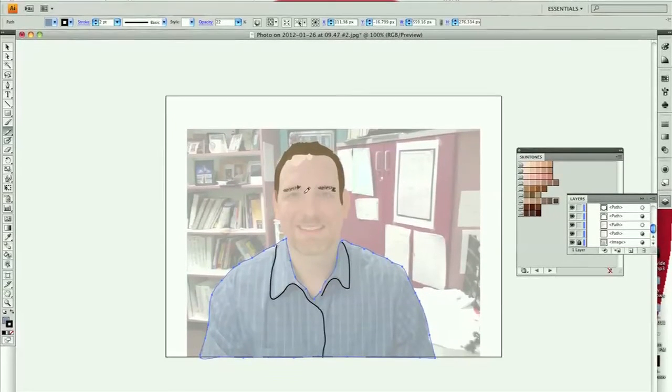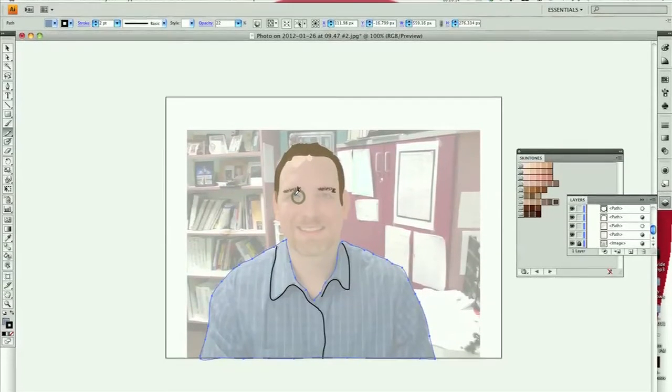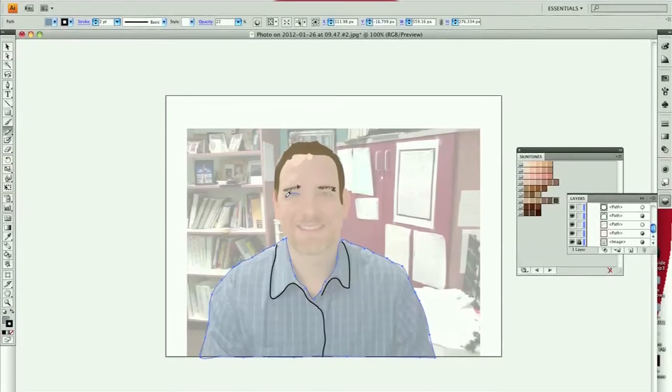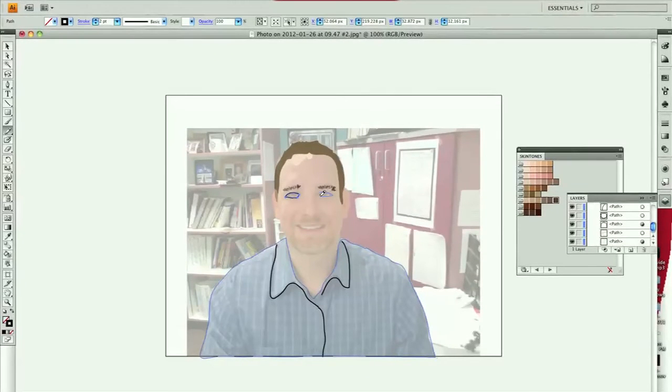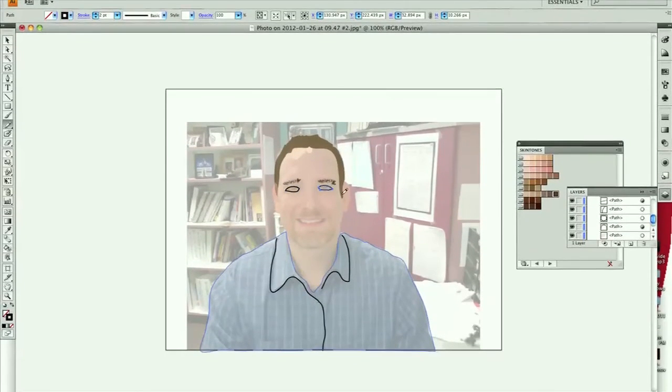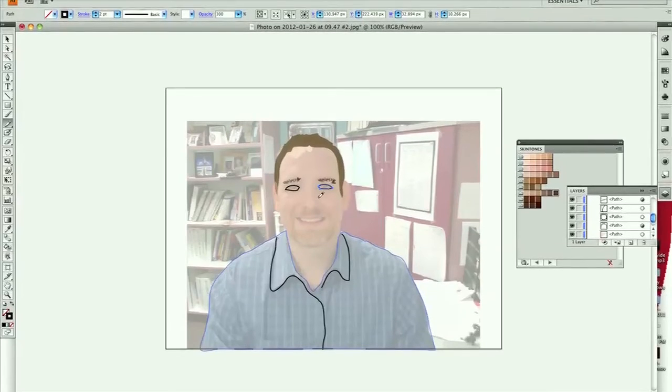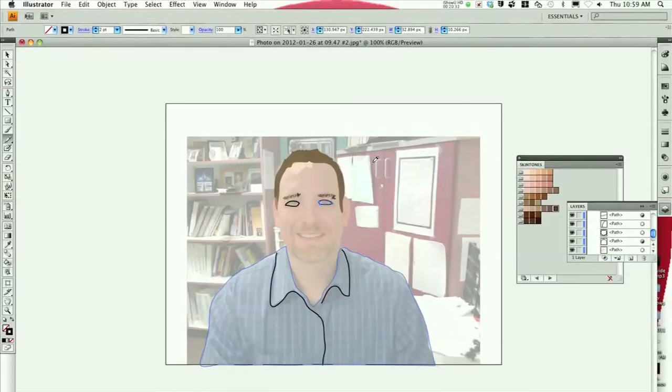Eyes are not very easy to do, but especially if you got little beady eyes like me. And probably the way I'm going to handle my eyes is it's going to look like I have mascara. So I'm going to take the stroke off and probably just use a solid shape